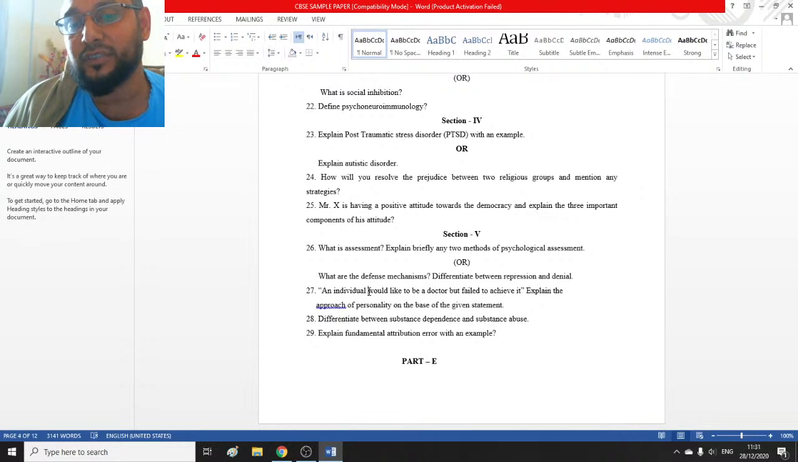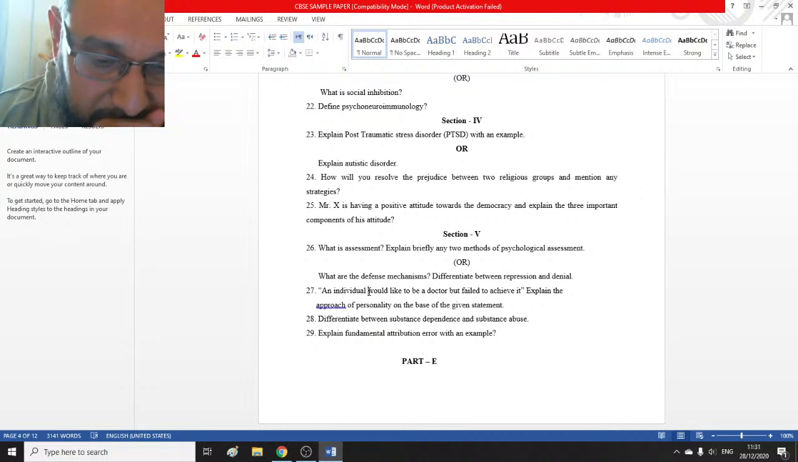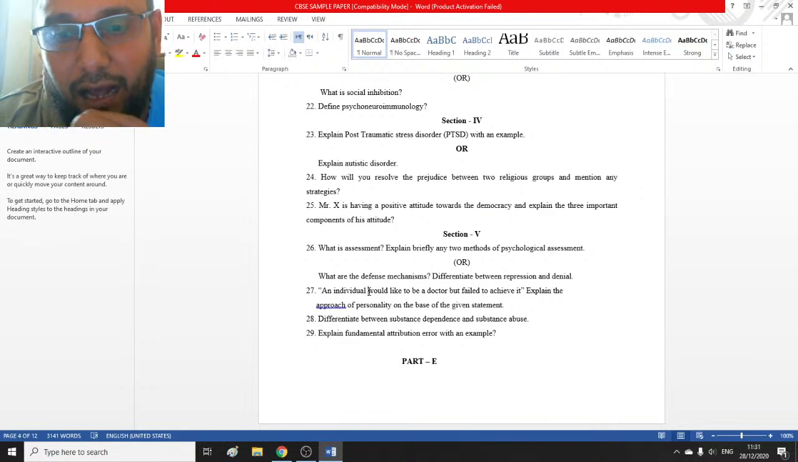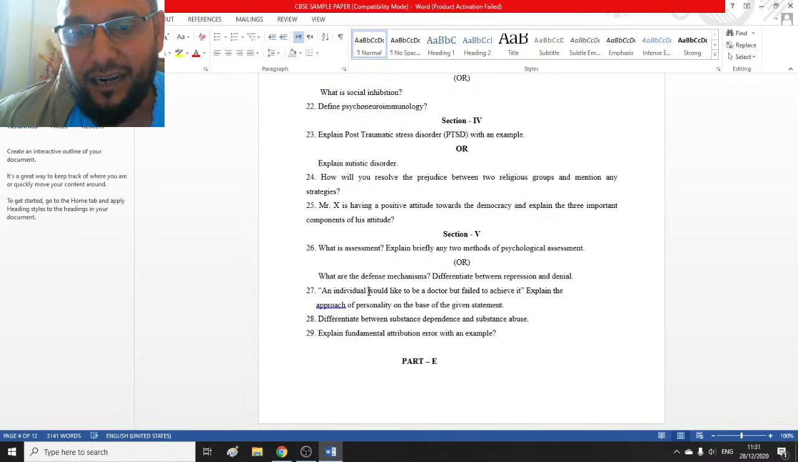Fundamental attribution error with an example. This is another interesting question, my children, from chapter 6 only. You know that the word attribution means assigning causes to the behavior of others. In the process of assigning the causes to the behavior of others, highlighting the personal factors and ignoring the role of situational or environmental factors is known as